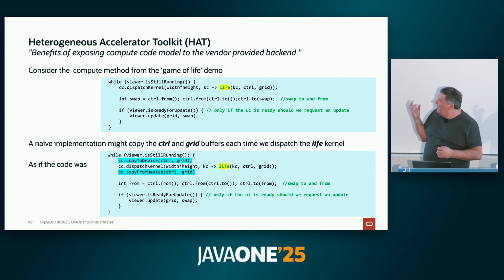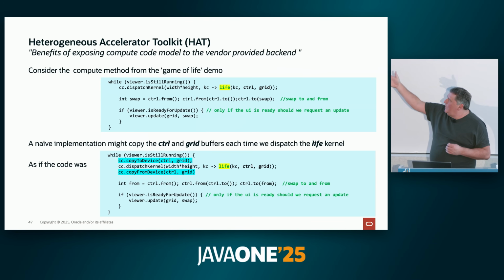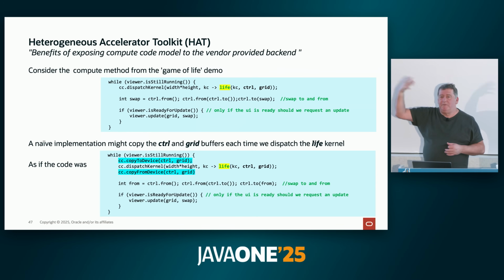And actually, the game of life has this problem. You'll see in a moment, we can create generations in the game of life faster than the display rate that we can show in Swing. And so what will actually happen is if we just copy the data backwards and forwards, we'd be forever waiting on Swing before we generated the next generation. So this is the sort of loop we may actually construct. This is the compute method. We might say, whilst the viewer is still running,